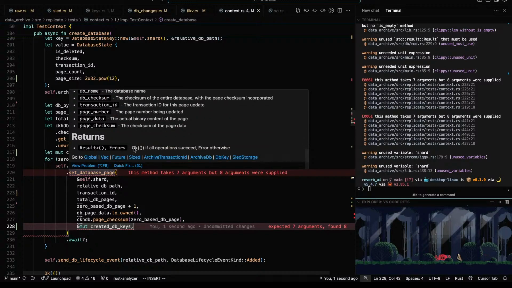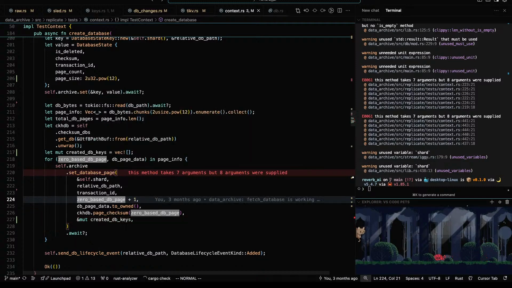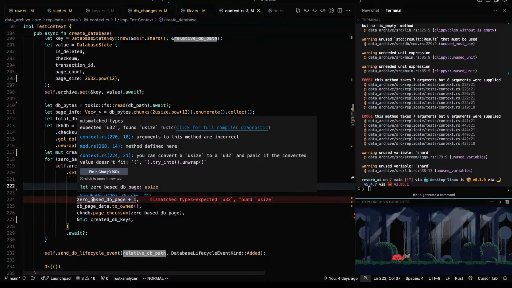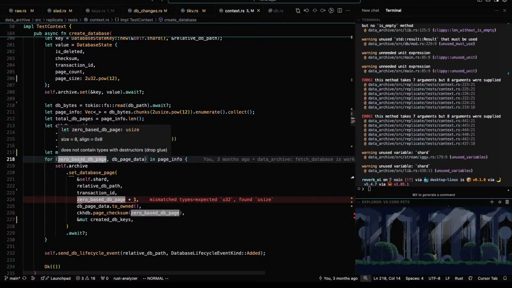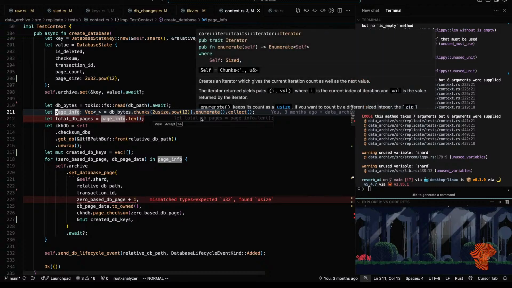Really? Shard, good. DB name, that's the path. Transaction ID, got it. Page number. Oh, that's not supposed to be there. Total DB pages. Okay. What is this? Zero base page and page info. We're enumerating.